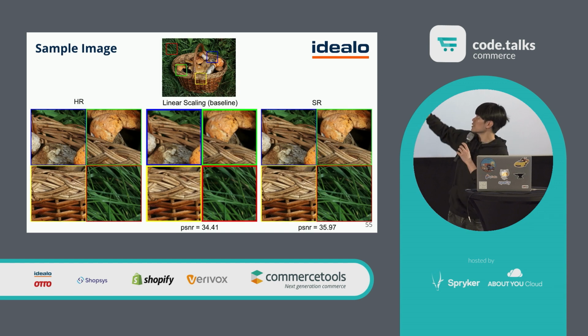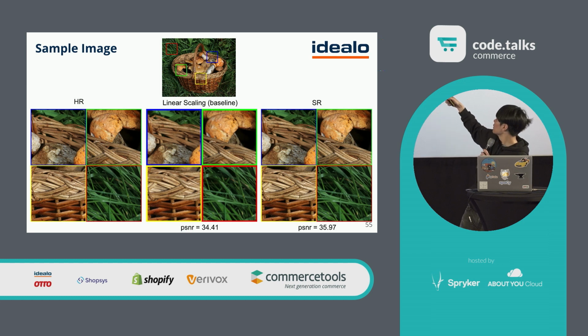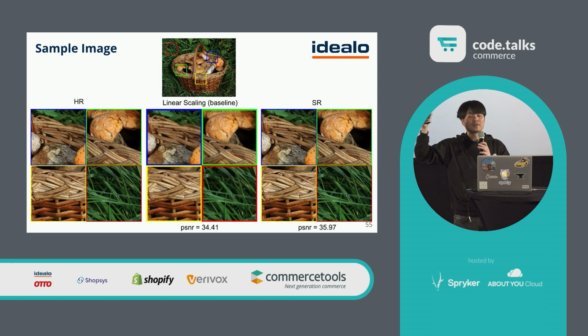So for example, this is an image of a basket, right? On the left side, you have the high resolution image. On the middle, you have the linear scaling, the baseline model. And on the right side, you have the super resolution model. I'm not sure if you can see it, but if you compare the super resolution to the linear scaled model, it is better because it's more crisp, right? Because in the baseline model, you basically take a pixel and just add it up as a nearby